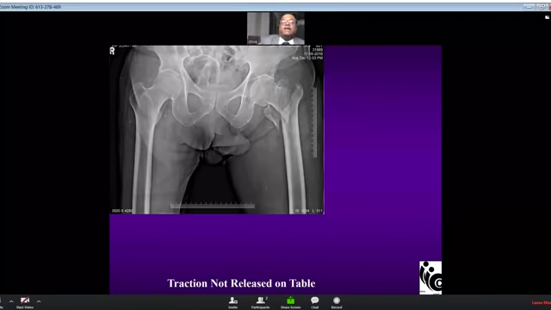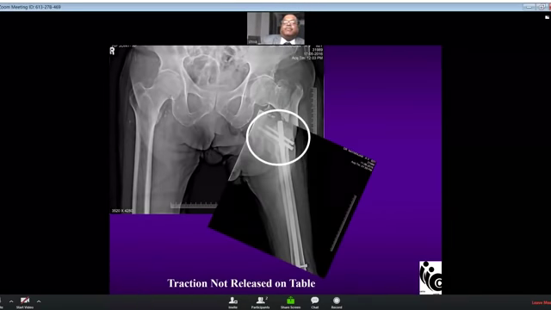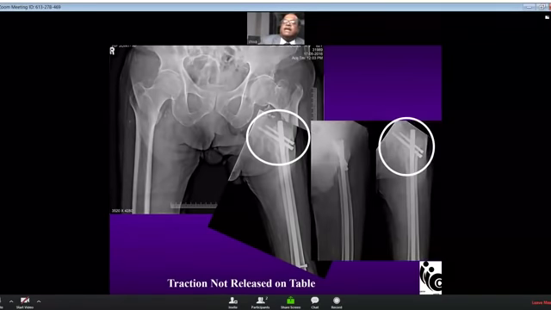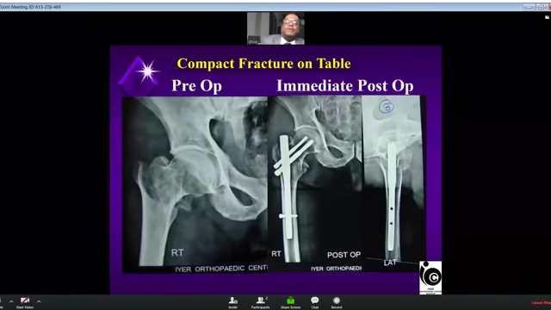The second thing is not releasing the traction, which will cause the screw to back out. As I said earlier, that was talking of the screw. So you have to compact. See, this is the immediate post-operative X-ray. All the screw tips are subchondral and the screw heads are touching the lateral cortex. I have released the traction and compacted the fracture on table beautifully so that in the immediate post-operative X-ray, the screws are not backed out.